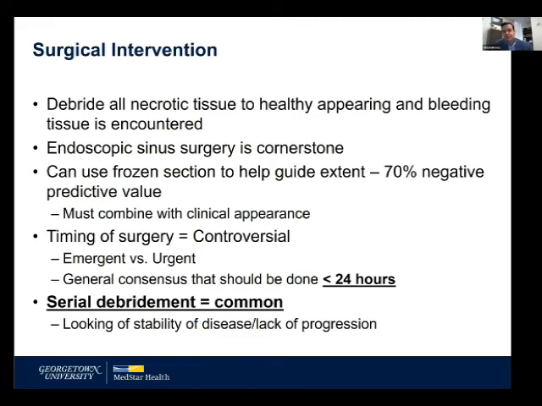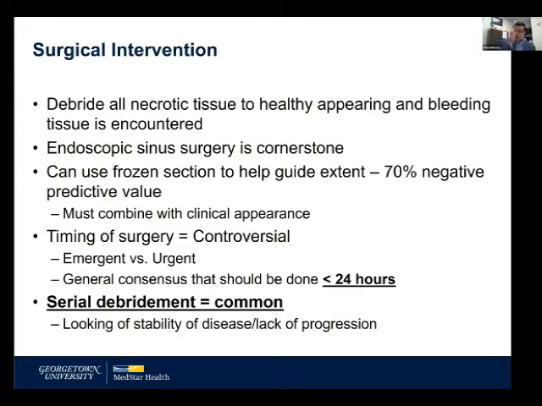You can use frozen section. Again, I don't rely on it. I tend to use more clinical judgment just because I've had mixed results with it. Timing of surgery does have some controversy. Some argue emergent, saying we go now, versus urgent, within 24 hours. And there's general agreement that it should be done within 24 hours. I really do treat these more as an emergency and say, we go to the OR now, and I don't have problems bumping other people in the OR, because I think the earlier you treat these people, the better they do. They're already facing an uphill battle, and I think any advantage you can potentially give them is important.